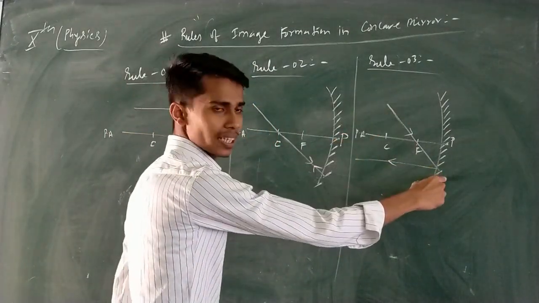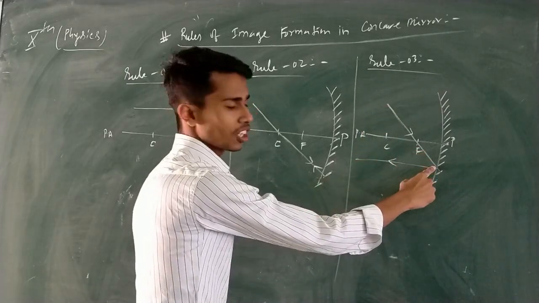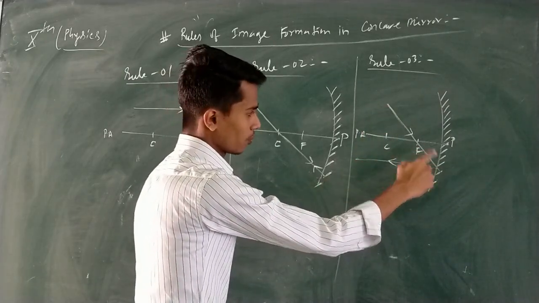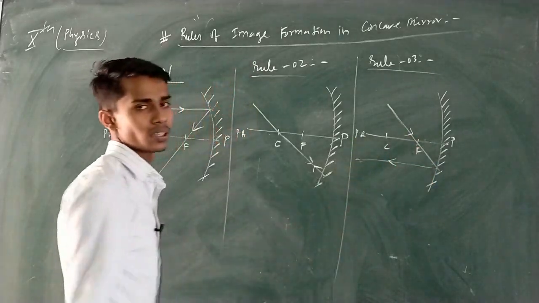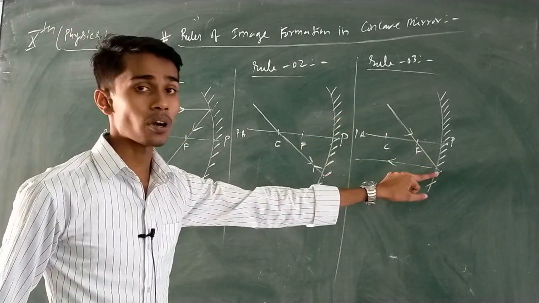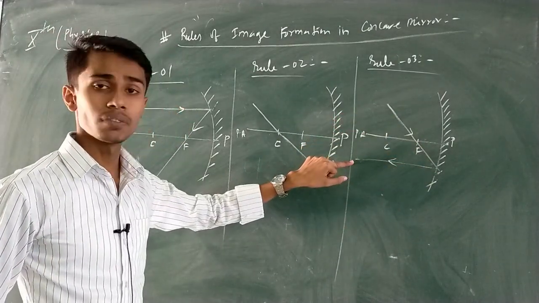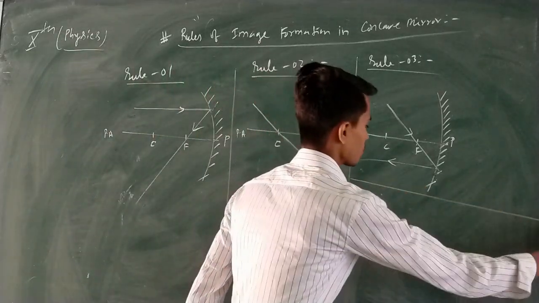अगर ray of light focus से जा रहा, अगर इंसिडेंट रे फोकस से पार करते हुए मेरे कॉन्केव मिरर को स्ट्राइक कर रहा, उसका रिफ्लेक्टेड रे क्या होगा? वो पैरेलल हो जाएगा। किसके पैरेलल हो जाएगा? प्रिंसिपल एक्सिस के, है ना? रूल नंबर 3, इफ अ रे ऑफ लाइट इज पासिंग थ्रू फोकस ऑफ अ कॉन्केव मिरर, it will become parallel to principal axis. And lastly, rule number 4,